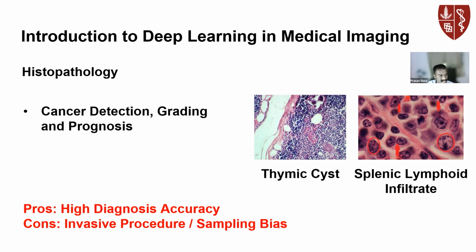And the second thing is the sampling bias, right? So what if I perform a surgical procedure and take a sample which has a lesser number of these cancer cells, then that would become a problem, right? So that introduces some kind of sampling bias within the problem as well, right? So these are some of the modalities and the different applications that you could do using computer vision